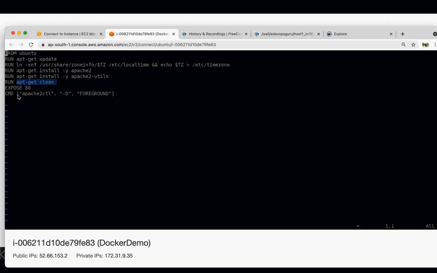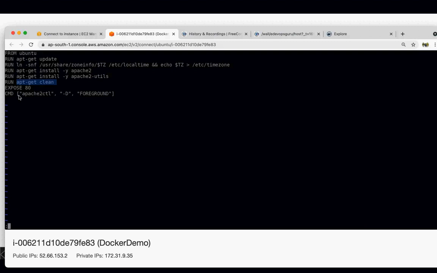And then we are giving a command. A command means whenever this container starts up, if you want to run something, for example to start this Apache server in the foreground, here we can write it. If it was Tomcat, for example, we would have done a Catalina start, or if we had a script inside the container, we would have started that script. So CMD or ENTRYPOINT, these two keywords we can use to start something whenever a container starts up.